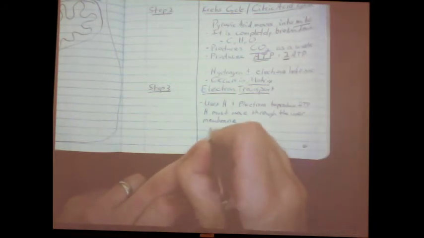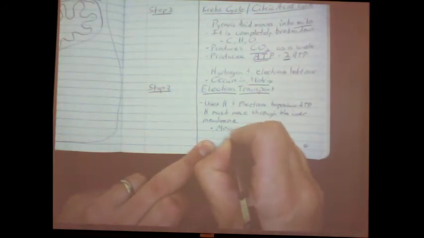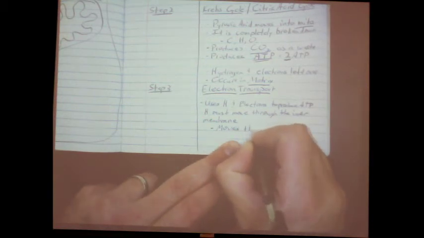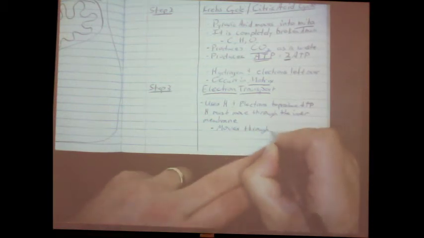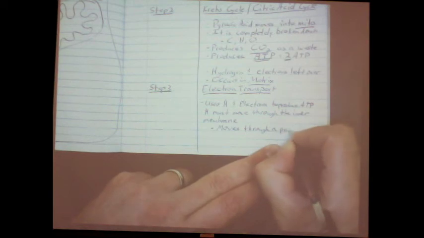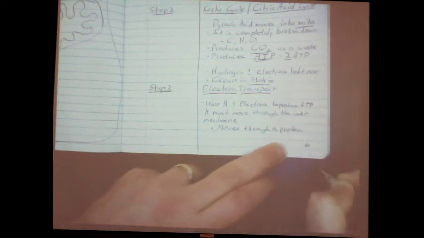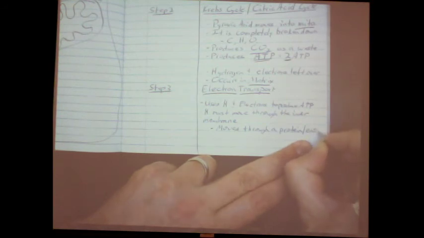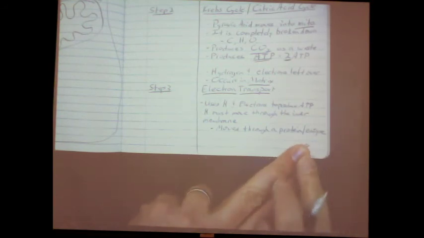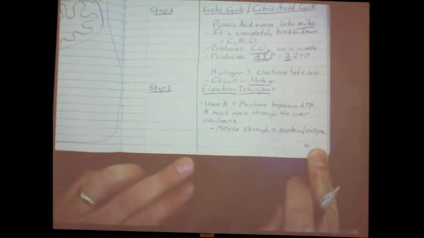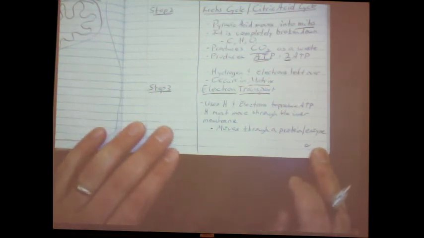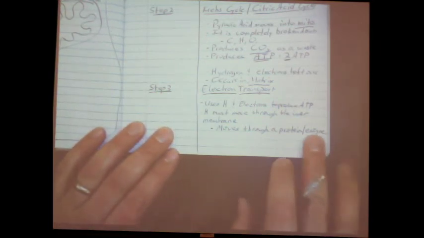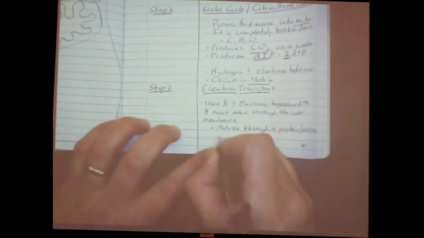To do that, it moves through a protein, which is actually an enzyme. Proteins are enzymes. Not all proteins are enzymes. Proteins can be enzymes. So it moves through a protein, an enzyme called